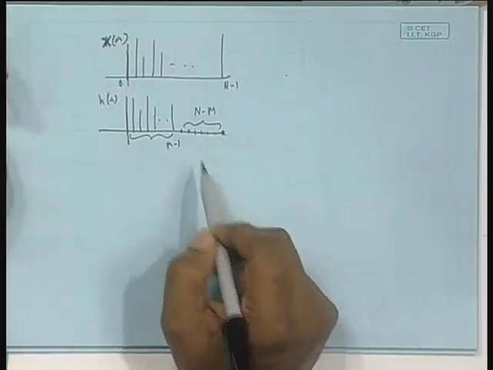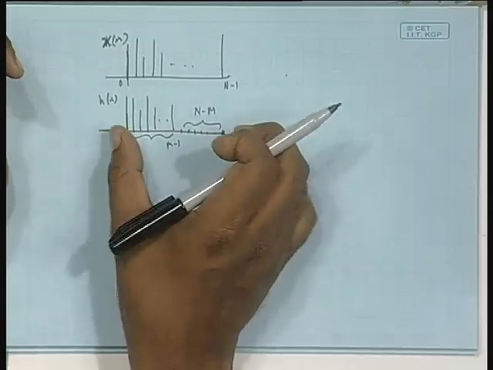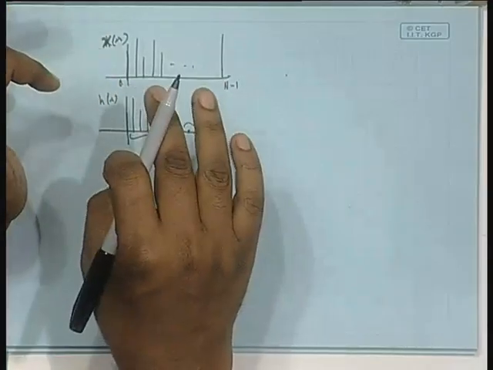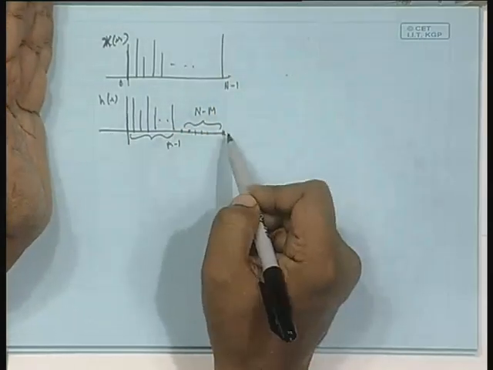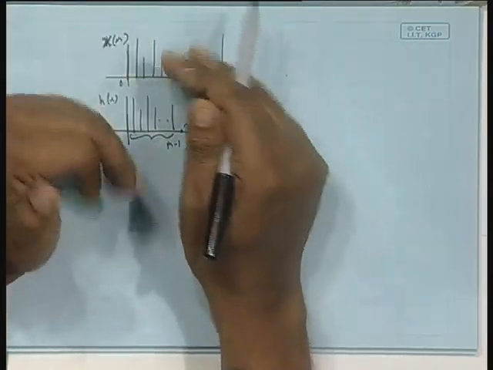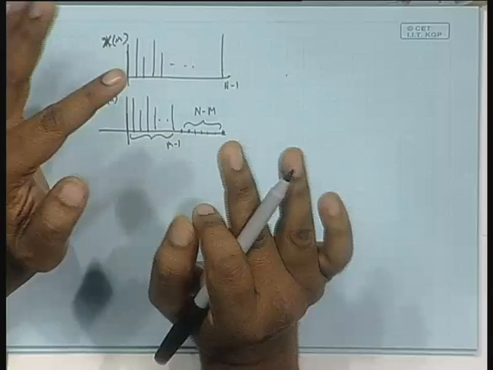So, suppose I do the circular convolution. I will be making a periodic version of it, reverse it, and then do 0 shift, first shift, and always chop off portions to the right of n minus 1 and to the left of 0, sample-wise multiplication for top and bottom, and add. That is a simple follow.